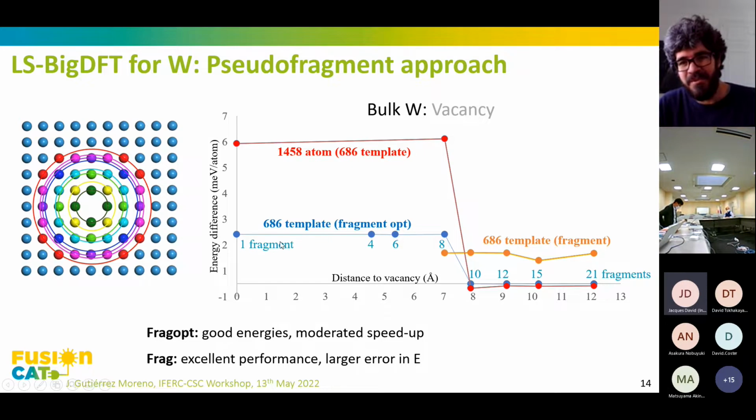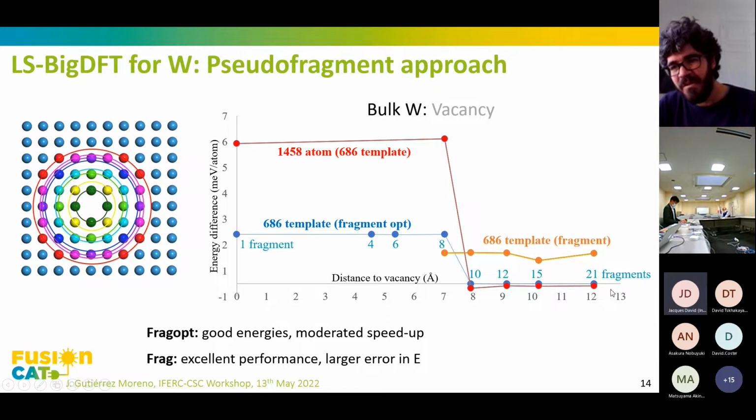If we start with a relatively small structure with 686 atoms, we use the fragment optimization, which means we start with the fragments to make the calculation faster, but we optimize the fragment. We optimize the super function starting from the initial fragment. We observe that to get nice convergence, and also to get values that are the same as the ones we get from the full calculations, we need to define 10 fragments. So we need to define 10 shells, or 10th order nearest neighbor, from the vacancy we had here in the middle.